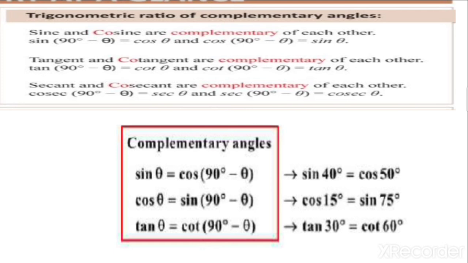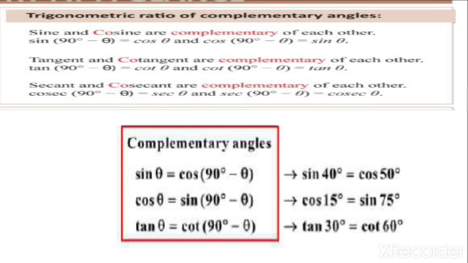It means the same. So in those exercises you will see some sums like 90 minus theta, theta. You will be confused about what this 40 degree, 50 degree, 75 is. Do I need to remember all this? Not at all. What you just have to remember is the complementary pairs: sine cosine, tan cot, sec and cosec. So in that case, if the teacher has given you the value sine theta, what is the complementary of sine? Cos.